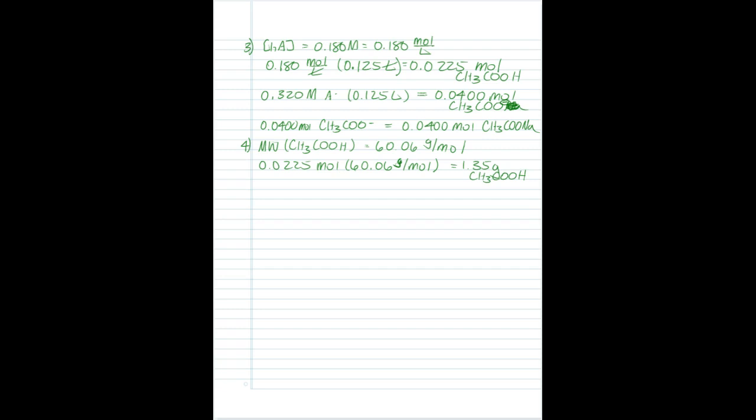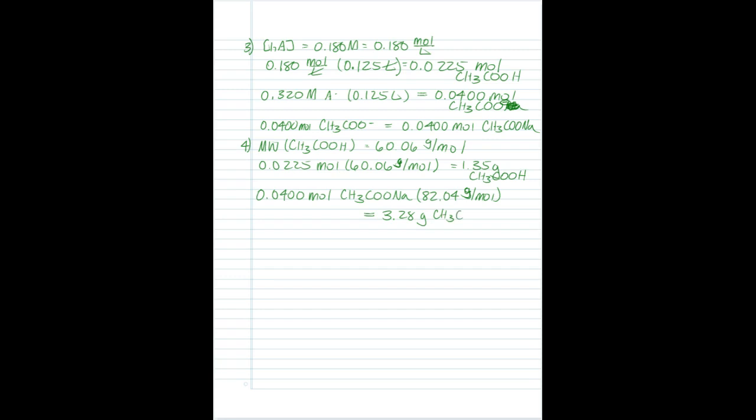So let's then do the same thing for our 0.0400 moles of CH3COONa, and the molar mass for that, or the molecular weight for that, is 82.04 grams per mole. If we do that calculation, we should get 3.28 grams of